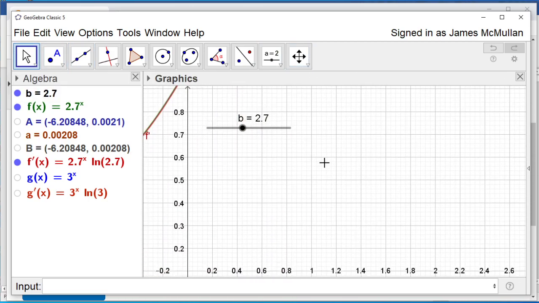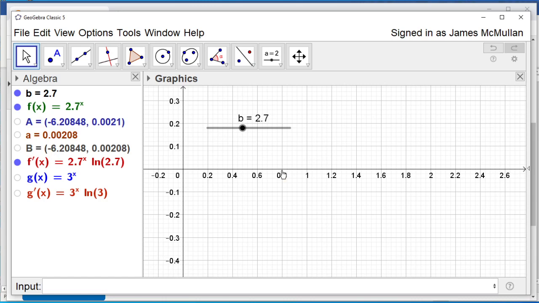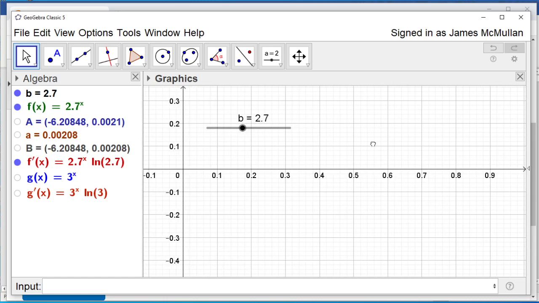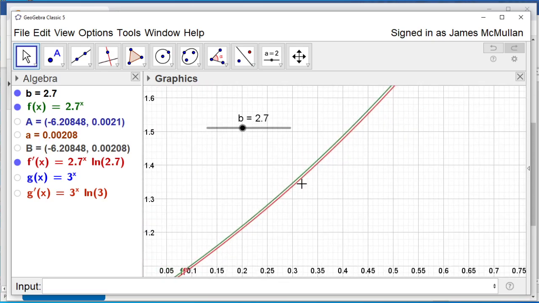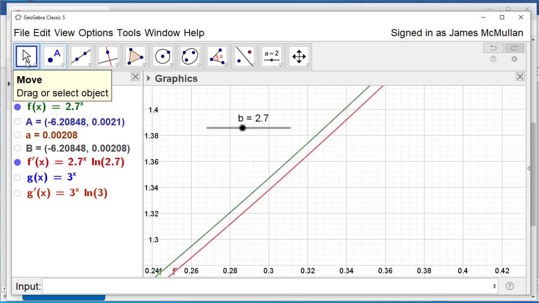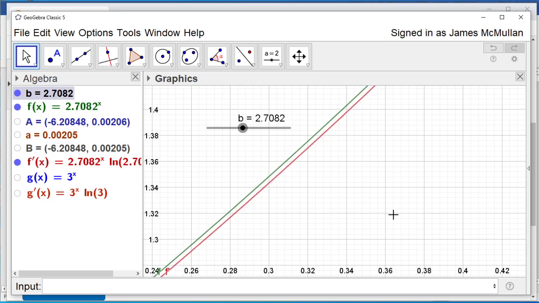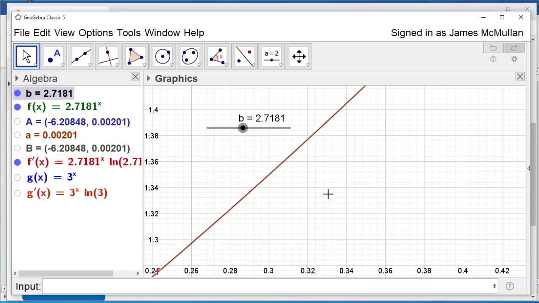Maybe it would help if I stretch that out. Okay, so you can see they're really close together. They're just slightly off at 2.7. So let's try to shift it a little closer. And here you can see they line up almost perfectly, around this number